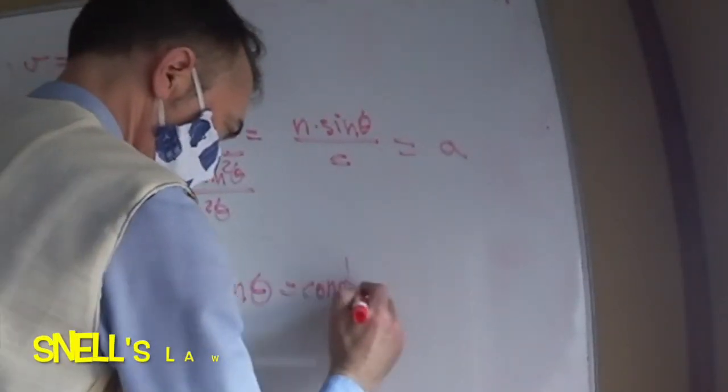But this is just Snell's law. This says that the angle is constant, which means that the trajectory is a straight line. Well, so long as light does not change of medium. If it does change of medium, then the angle changes but remains constant in the new medium, which is refraction of light. In the next video we will see